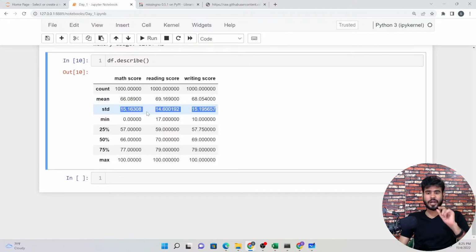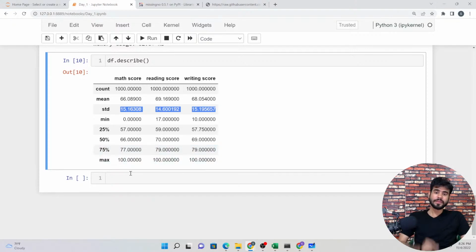Now, the third observation that we have. You can observe these things during the analysis so that when your manager or your client asks, you can explain these things. Okay, in the mean these things are happening, in the standard deviation these things are happening. These are the null values that we have, so we have performed these functions. So you can do the observation and then you can write down the comment as well.